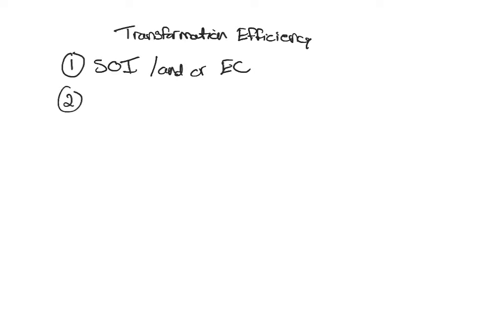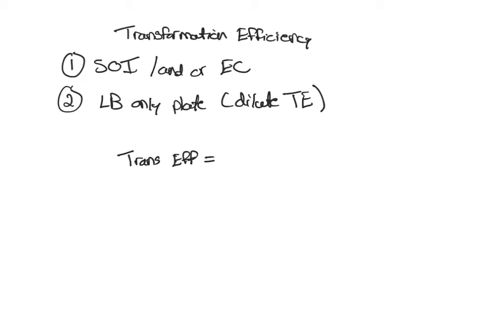But you're also going to need information from the LB only plate, which was the diluted TE buffer, because this represents the number of bacteria in the original culture. And obviously transformation efficiency is the number of bacteria that got transformed over the total number of bacteria. So to do the calculation, efficiency, all you do is the number of white plus the number of blue colonies